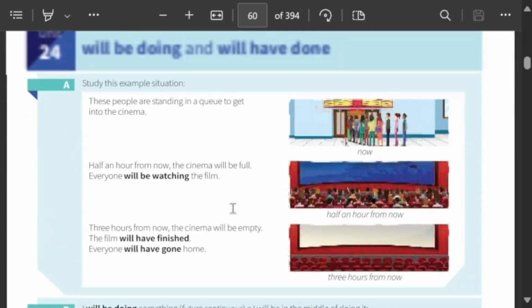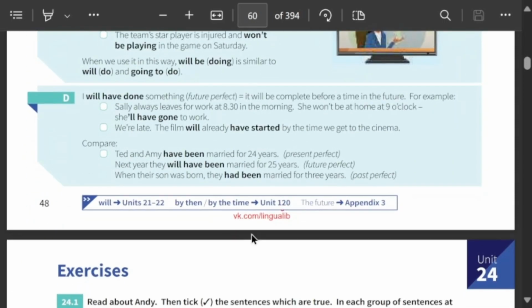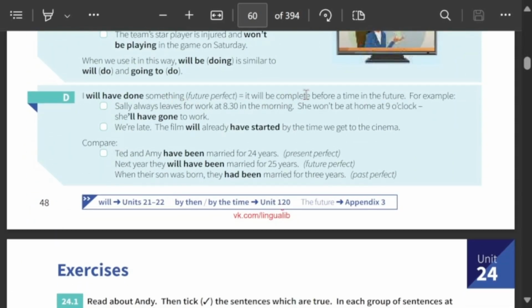Let's take a look back here. Now people are queuing in the line, they're in a queue. Then half an hour from now, 30 minutes later, the cinema will be full. Everyone will be watching the film. This is future continuous. And then after 3 hours from now, then the film will have finished. You see? Will have finished. And everyone will have gone home. So here, will have done means it will be complete before a time in the future. For example,